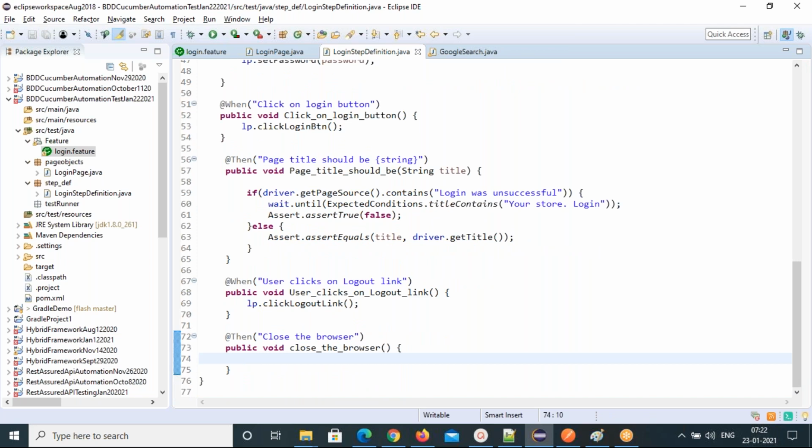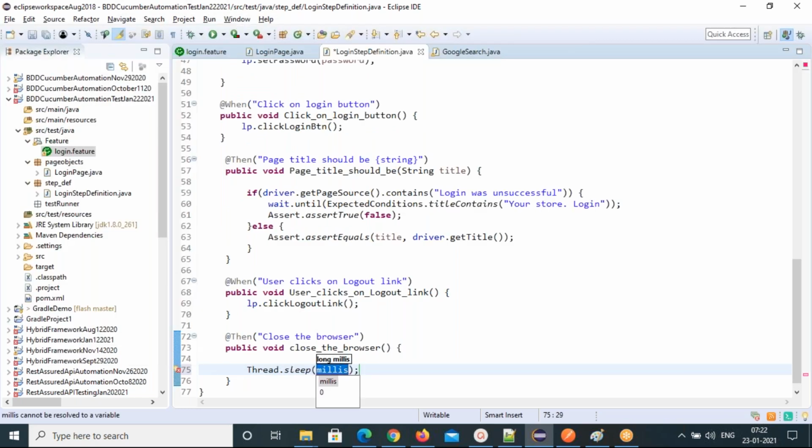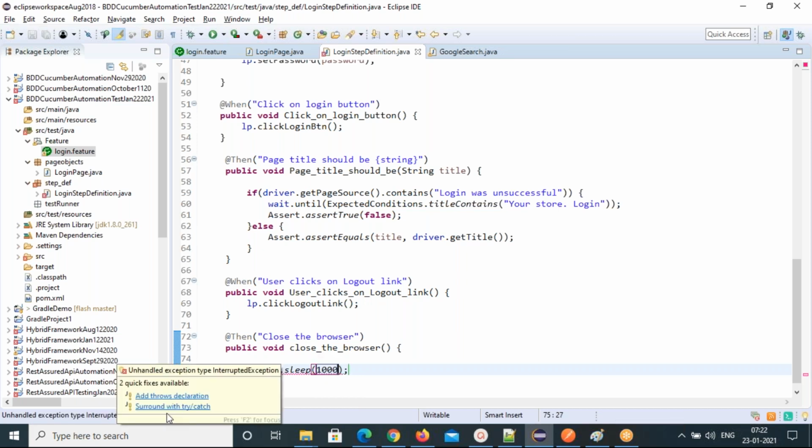What I'm going to do is put some wait time in the try catch finally block. Let me write Thread.sleep. Just put 2 seconds or 1 second, also fine. I'm putting 1 second. Why I'm writing it here is that in the finally block I want to surround it with a try catch block.